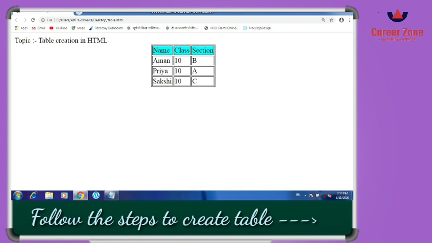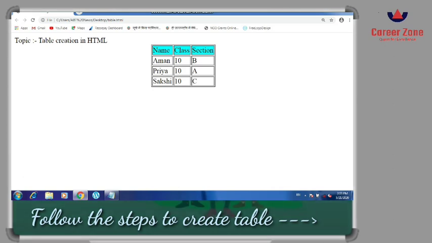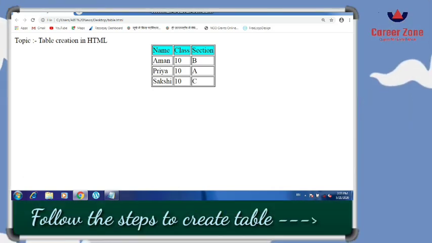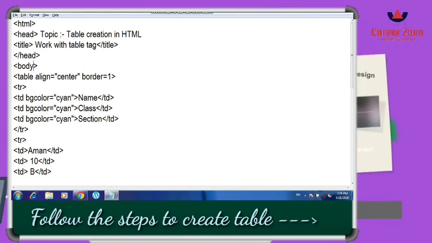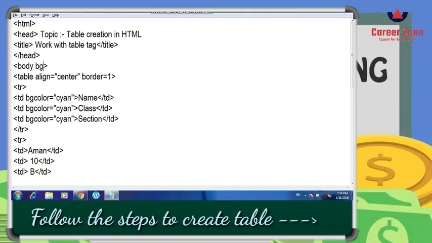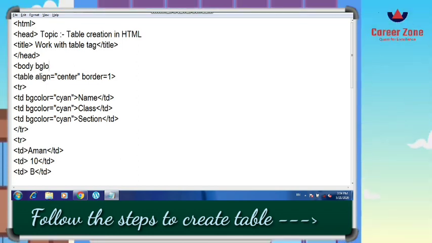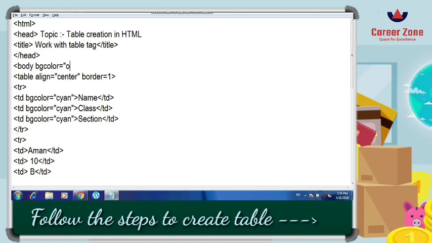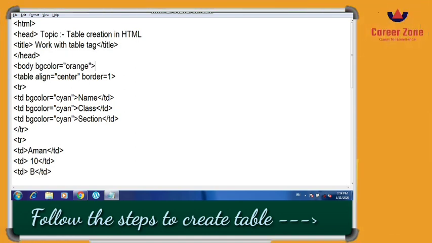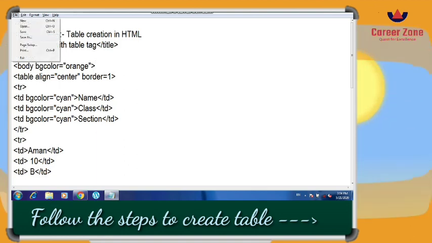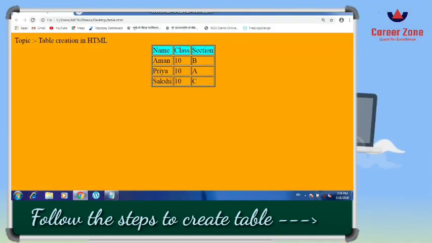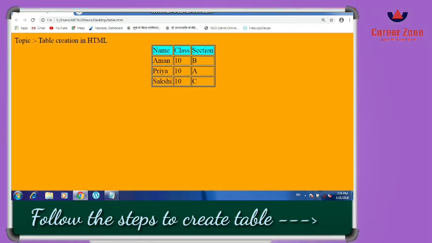This is all about the background color, as we have done earlier as well, to change the background color of the web page. You can use bgcolor with the body tag and the table tag as well. It doesn't mean that if you have applied it here you cannot change the background color of the web page. You can do so as well, because they both work with different tags. You can easily define bgcolor is equal to, suppose orange, and you can save the file and execute it. So both can work together.